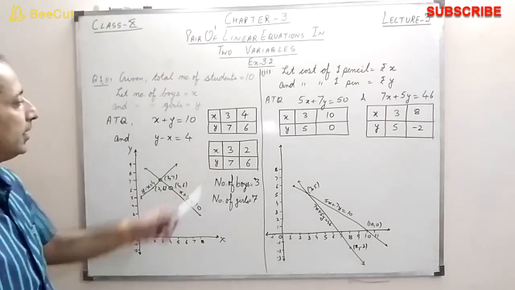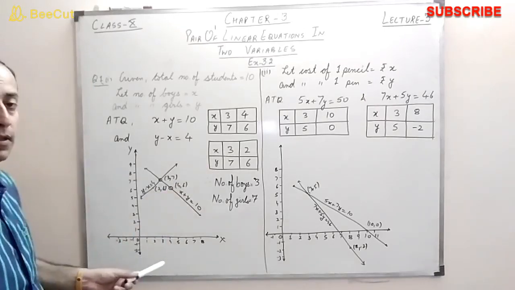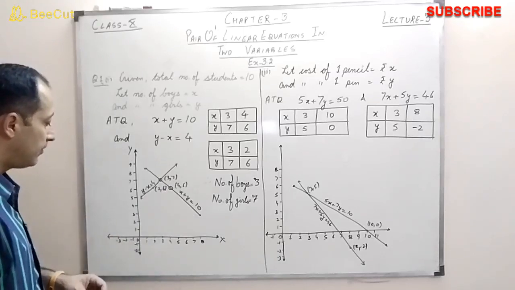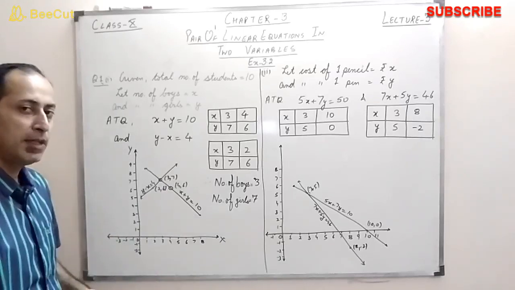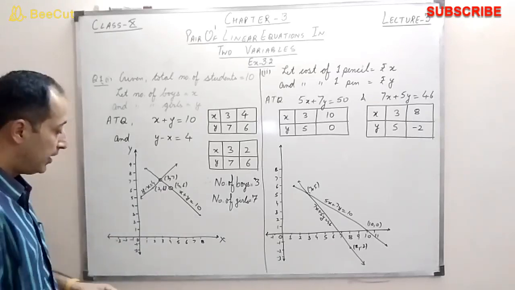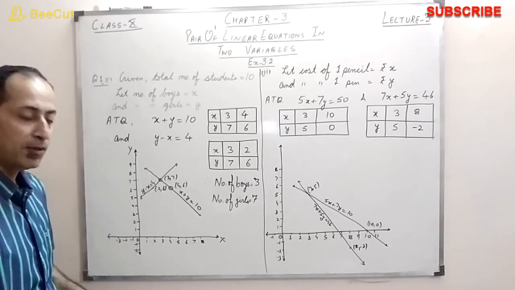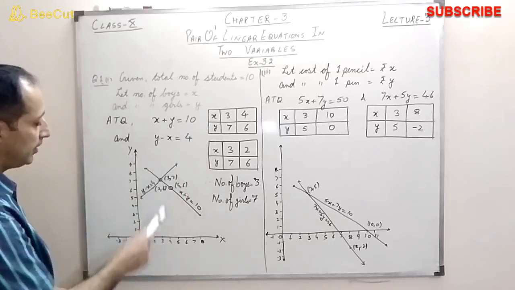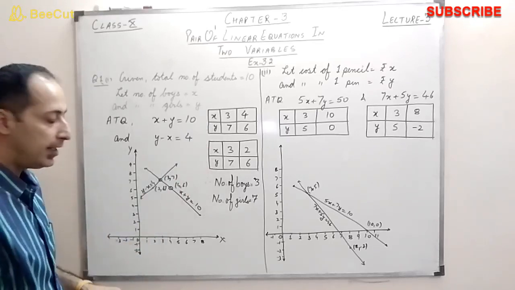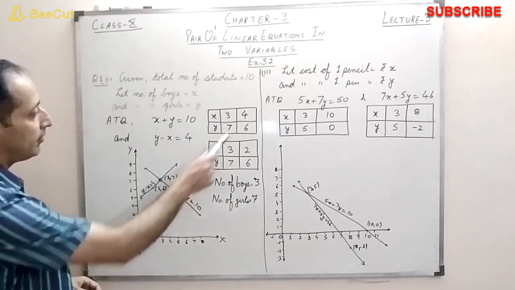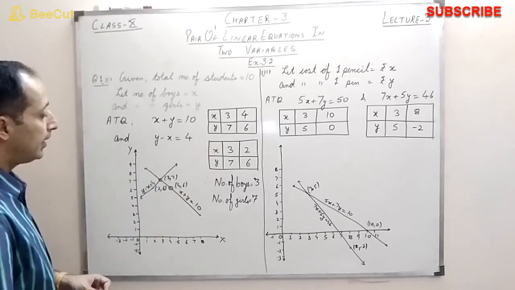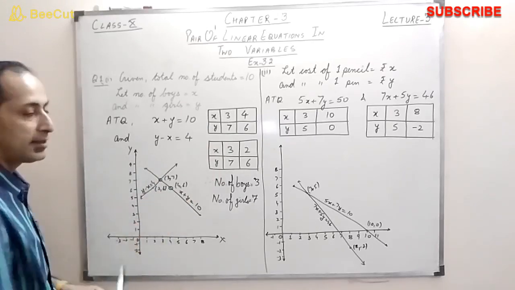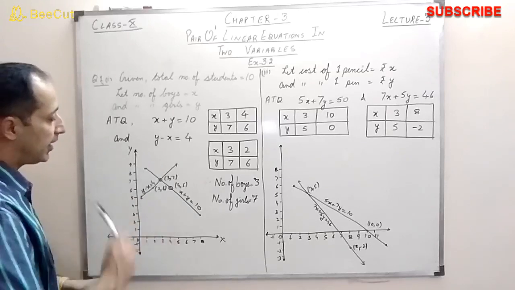If you see, this is the graph, right? These are the coordinate axes. The point where the two axes meet is called the origin, and that is 0. And from here we start taking the points, right? So this is 3, 7. So 3, 7 is this point. X is 3, y is 7, and the second point for the first line is 4, 6. So this is the second point. So we just draw the line.